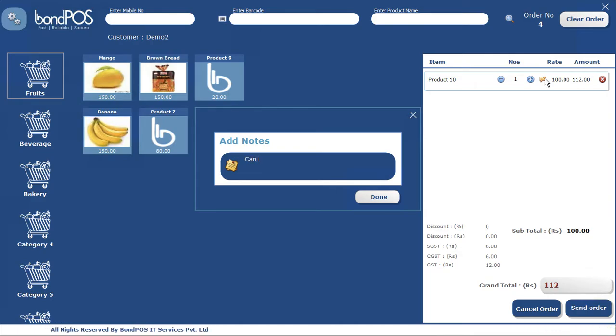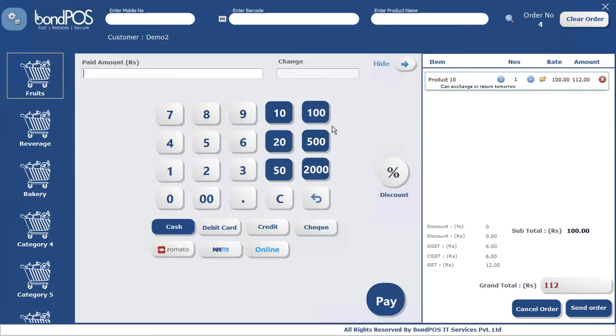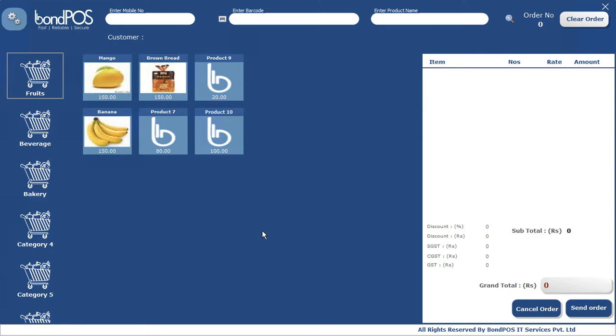So you can put a note, can exchange or return tomorrow. You put a note, it's here, can exchange or return tomorrow, and you send order, and he gives you 200 rupees cash. 88 is the refund, the change you need to pay back. So this one is receipt number 4. Save. Order is done. So we have done 4 orders, and now the customer tomorrow comes back and he says,